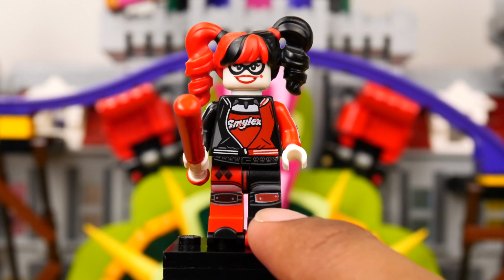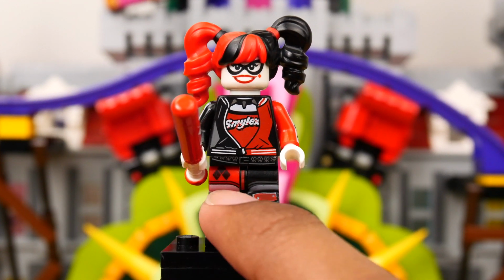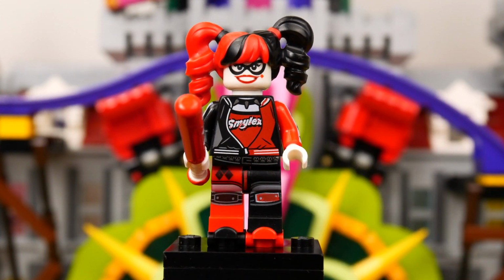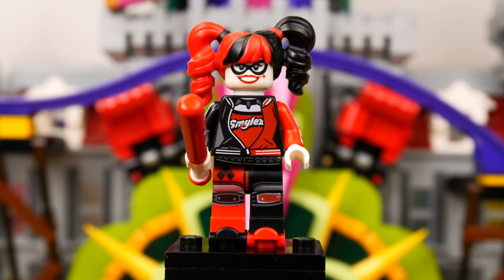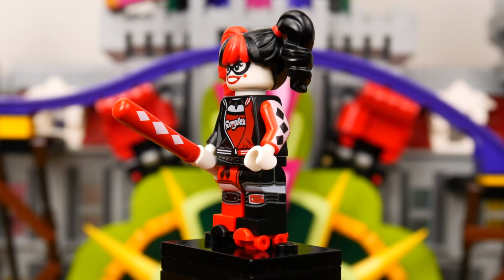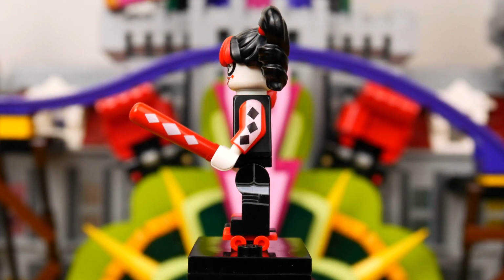That's just awful in a set this expensive. Like, that is supposed to be white right there. That's supposed to be skin showing through. It's really bad. But I love that she's wearing her roller skates. I really like that she comes with a printed bat with her 3 diamonds. And her printed arms are really nice, although the white printing could be a little bit better on them as